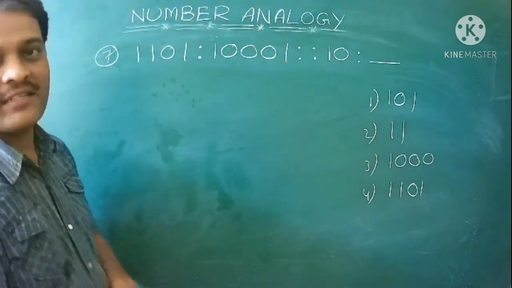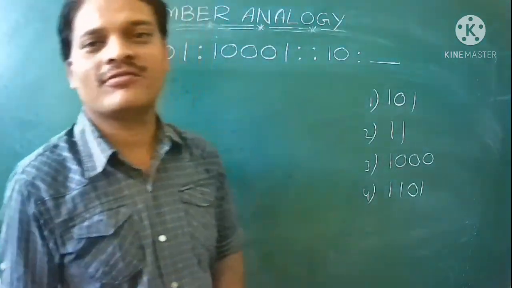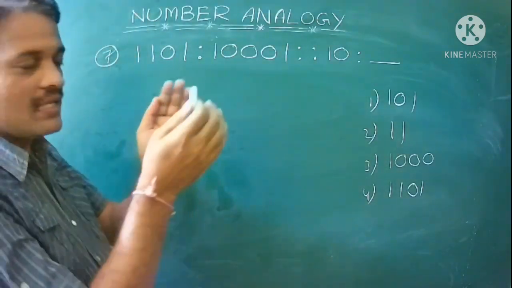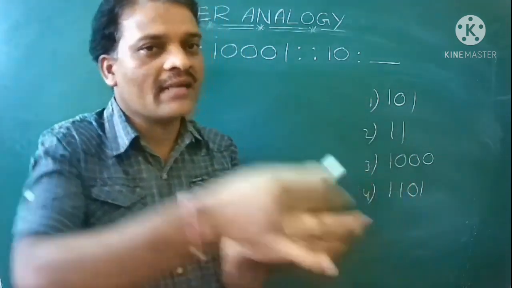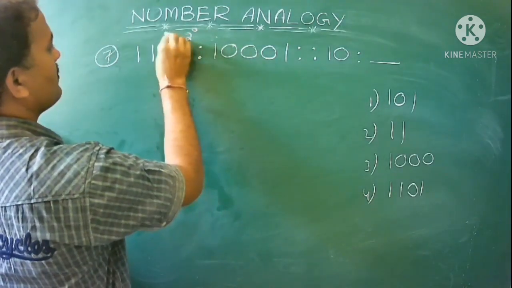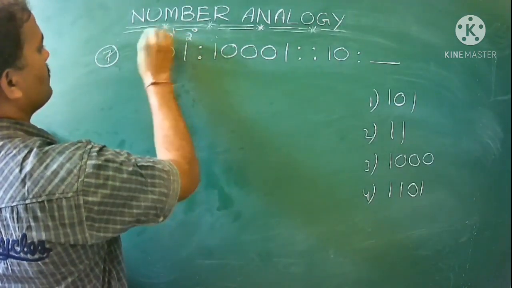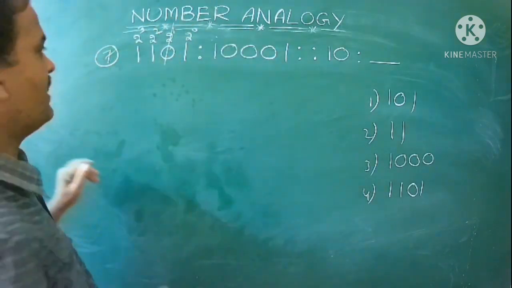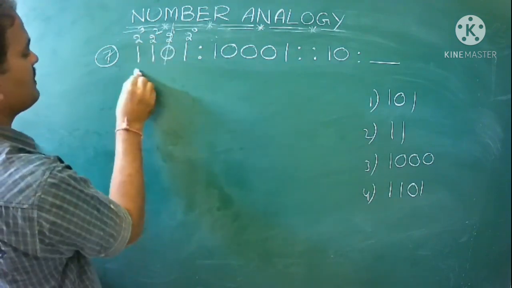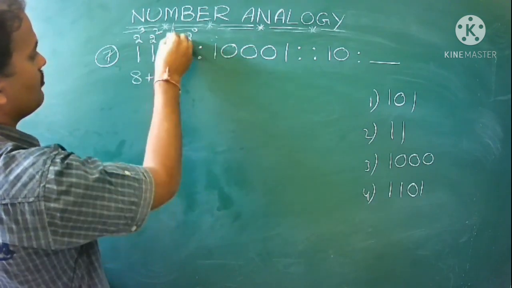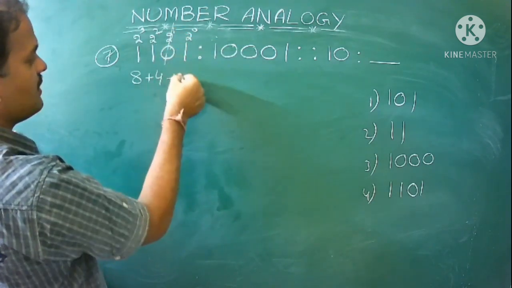So next, one more sum I wanted. The seventh question is one more model of binary method analogy. See, very simple, here 1101. First of all, convert that 1101 binary value into a numerical value. So how will we get it? This one is 2 power of 0, 2 power of 1, 2 square, 2 power of 3. If it is cancelled with 0, what will happen? 2 cube means 8 into 1 is nothing but 8, plus 2 square is 4 into 1 is nothing but 4. Here 2 power of 1 into 0, anything becomes 0.